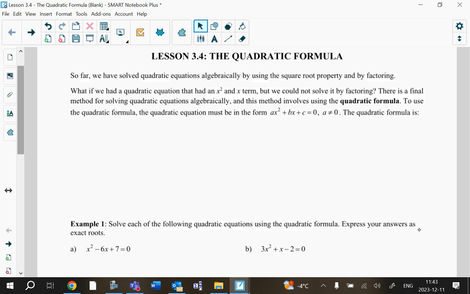Why don't you look at lesson 3.1? What was the first method we learned? Yes, where you take the positive and negative square roots. And then factoring, and then quadratic formula. Good. We haven't done the quadratic formula yet. So, with a question like this,